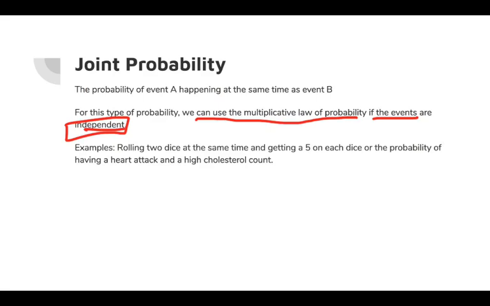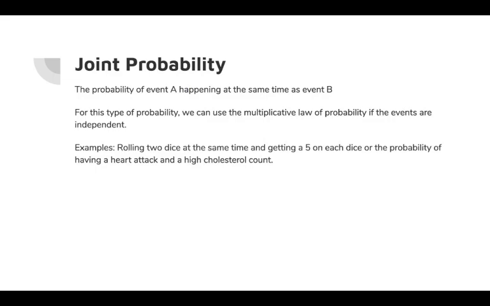But let's look at the other example I have on here. The other example says, what about having a heart attack and a high cholesterol count? Can we use the multiplicative law? If I knew the probability of having a heart attack, and if I knew the probability of having high cholesterol, could I just multiply those probabilities together to find the joint probability? In this second case, I would say no, because there's probably some type of causal link or connection between having a heart attack and having high cholesterol. So you wouldn't be able to use the multiplicative law in this case,